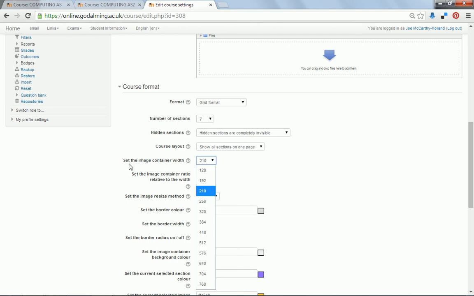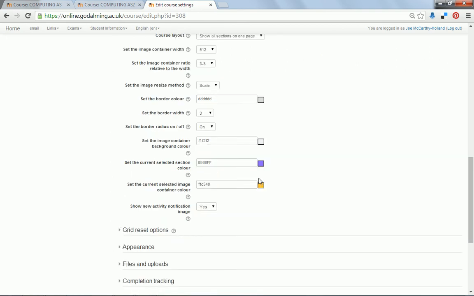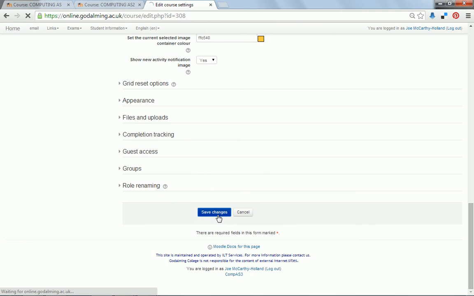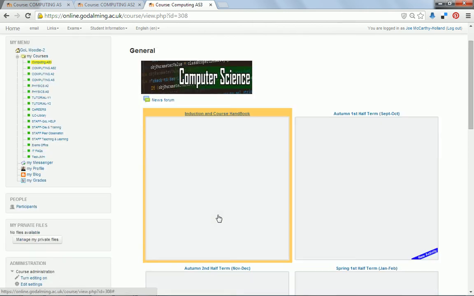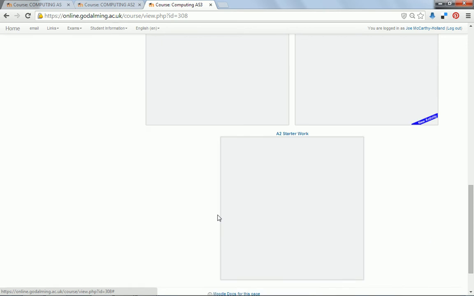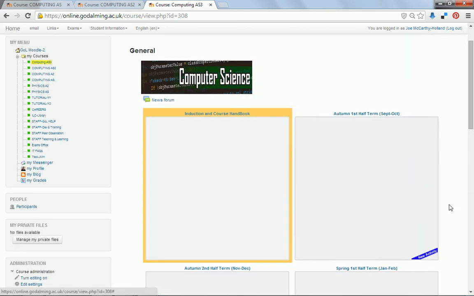But image container width hopefully makes sense, so let's make them, I don't know, double the size roughly, and let's change the ratio to be square for whatever reason, and you can see that that will change how big my grids are. I mean, that is a pretty big. You can also change how these look so they're not just grey